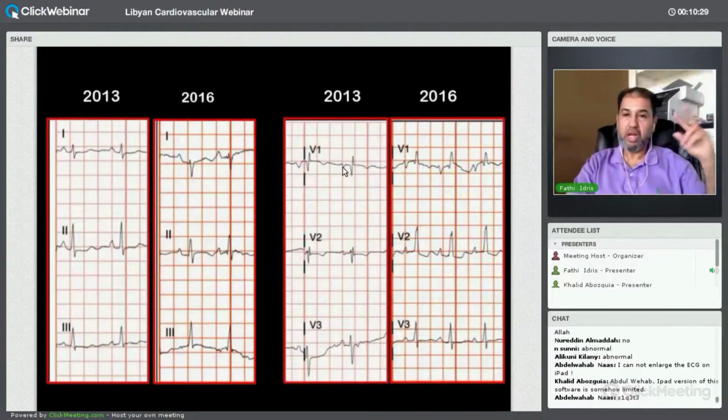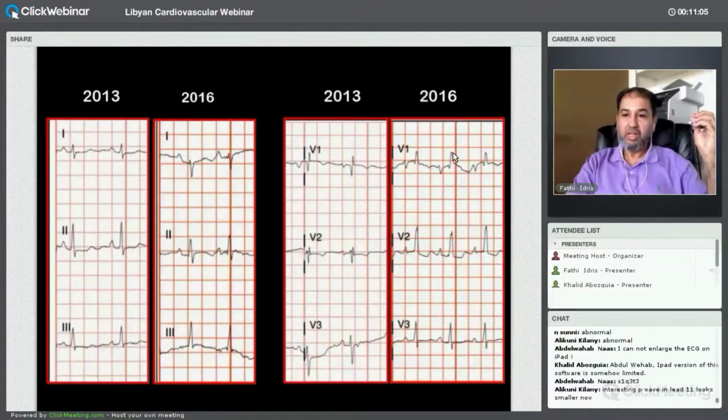Same thing for lead V1, it's the opposite now. Lead V1 is typically negative, and while the disease is in progress, there's a small r. 3 years later, it's mainly r and a tiny s. So lead 1 and lead V1, if you look at them carefully, can give you an impression about the chronicity of the disease. So if you see the EKG from 2013, you could say, well, this is possibly pulmonary embolus. But when you look at the EKG from 2016, where lead 1 is negative and